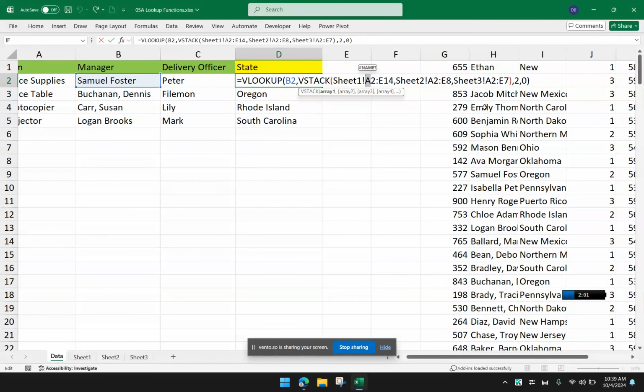I would have to change that to B so that I start with column B in my search for VLOOKUP. So now I'm going to do a VSTACK that only contains B2 to column E data. Hit enter and see that I now have an answer over here.